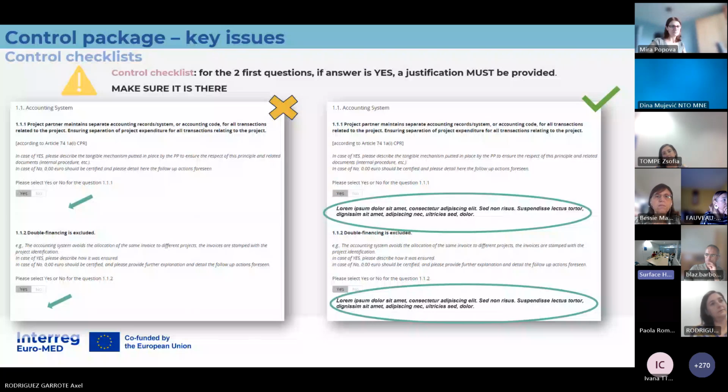The lead partner can still include the certificate in the project report, but then we will ask for the answer to those questions. Because an important point of any control checklist is that once the control has been submitted, even if we were reopening the control package, the control checklist cannot be reopened. So it's definitive.